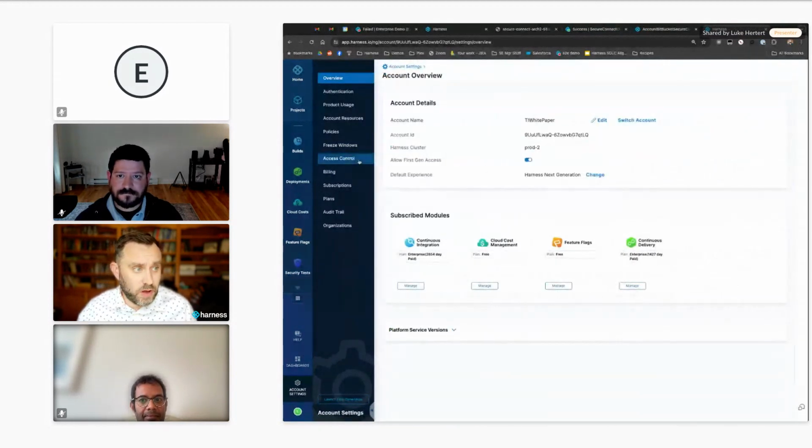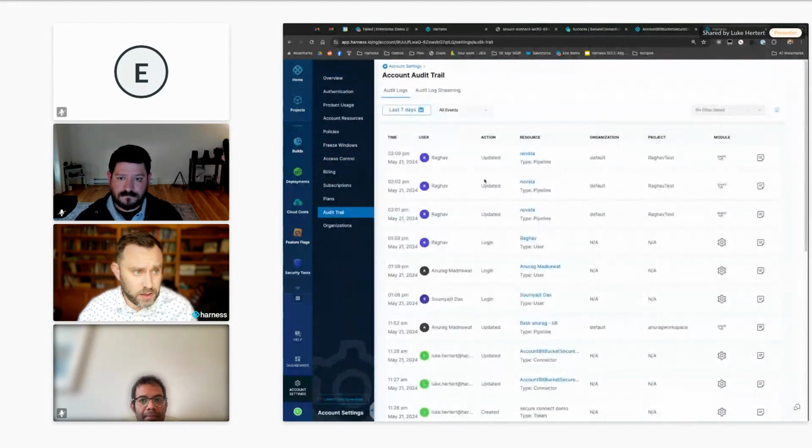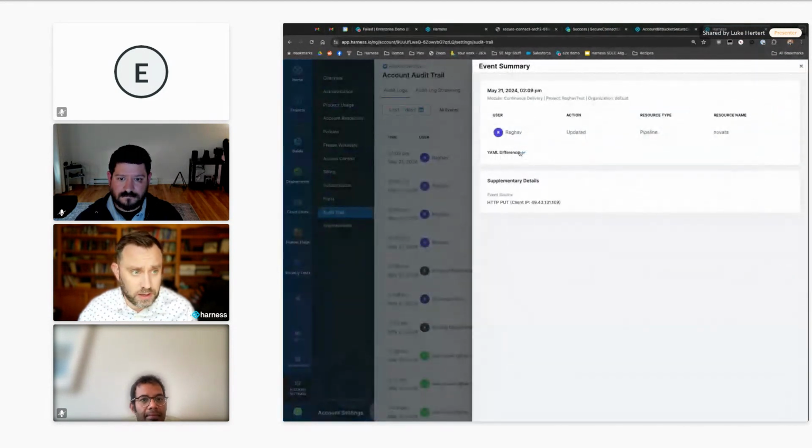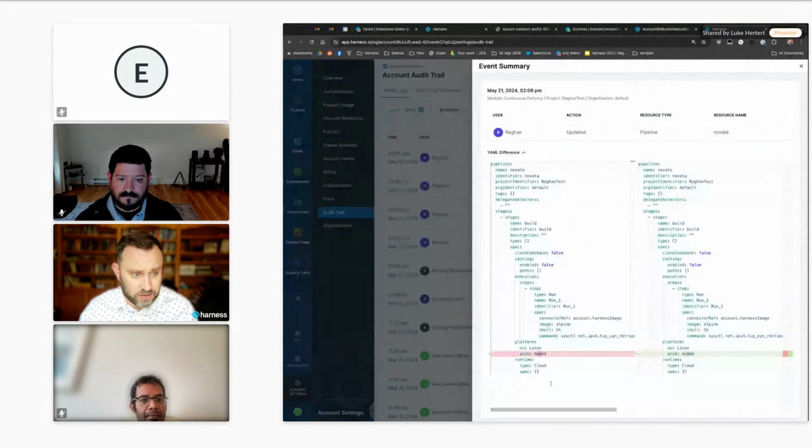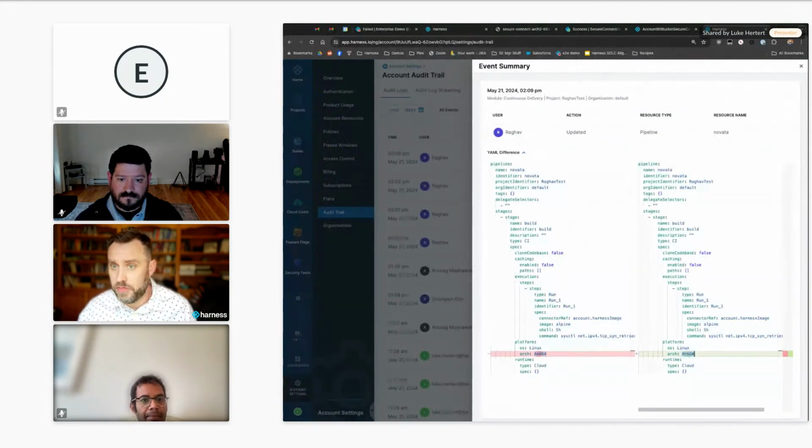You also have a full audit of what changes have been made where. So if I go in here and see, all right, somebody updated a pipeline, I can see a full YAML diff and see that somebody actually changed the architecture of this build step from AMD to ARM, for example.